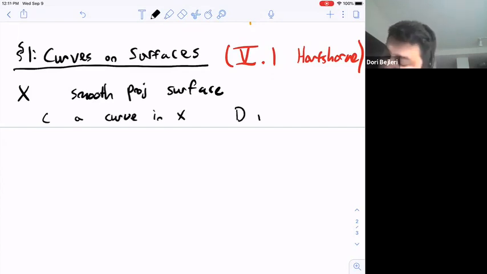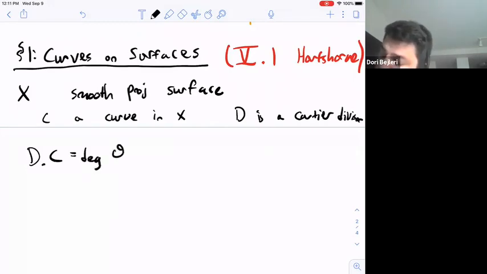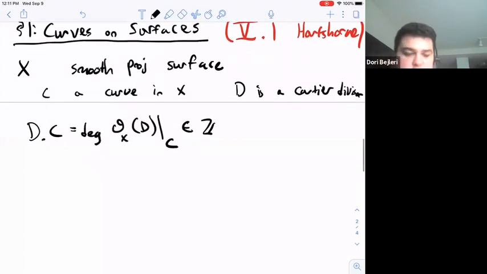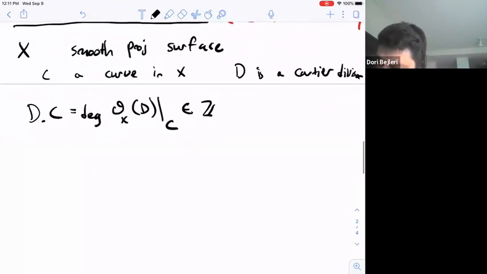And D is a Cartier divisor. Then we can define the intersection product, D dot C, by the degree of the bundle O_X(D) pulled back to our curve C. So now we have some line bundle on a curve, so it has a degree. This is some integer, and that gives us this product. And then there's a few other ways to define it, but